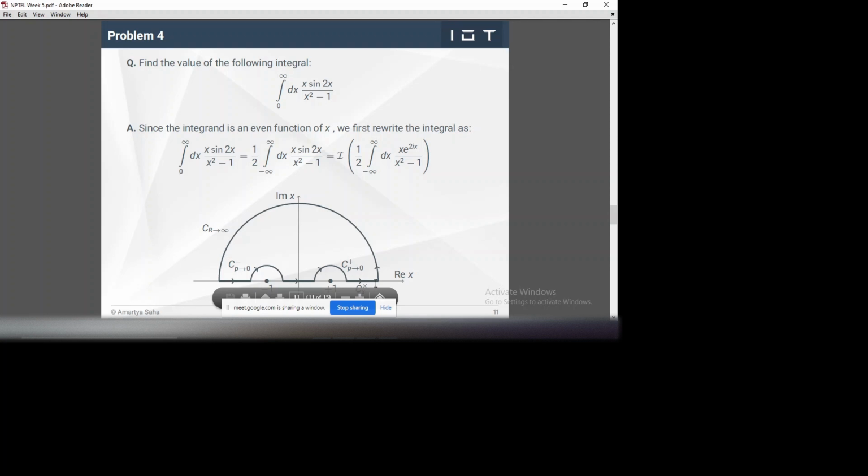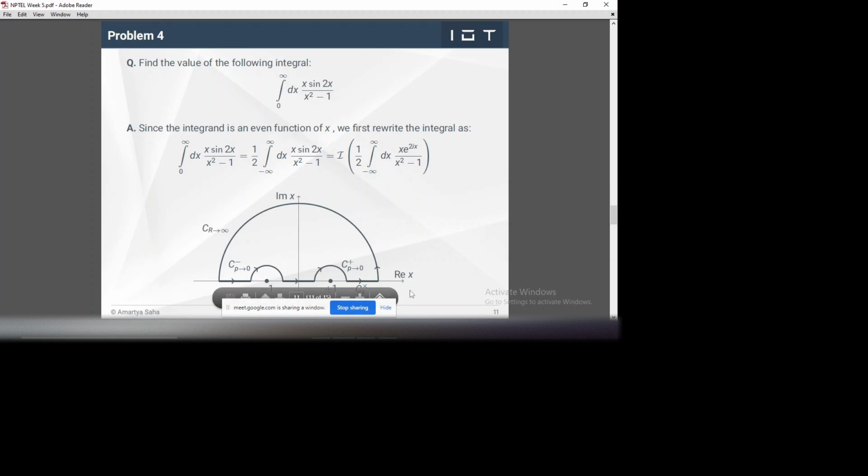So the rest of the real line is fine. We continue from the right of plus 1 up to plus infinity along the real line. That is why this part of the real line, excluding minus 1 and plus 1, is denoted as Cx